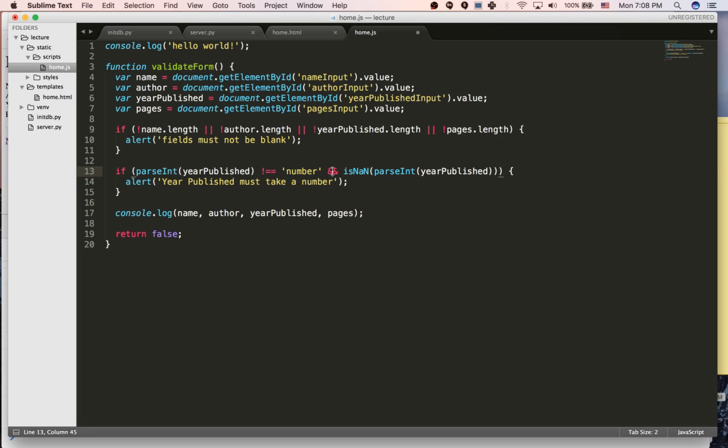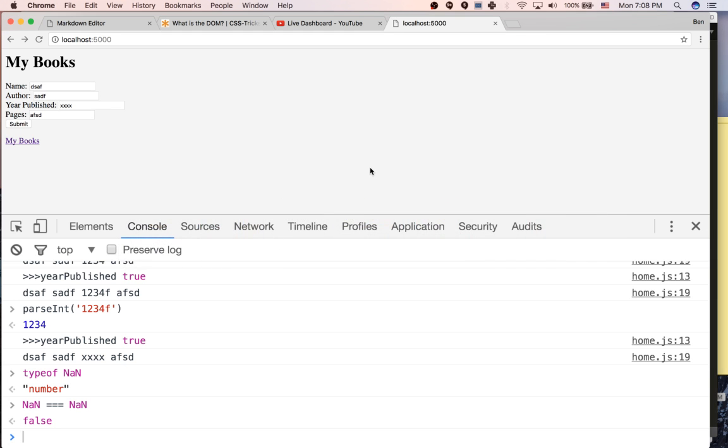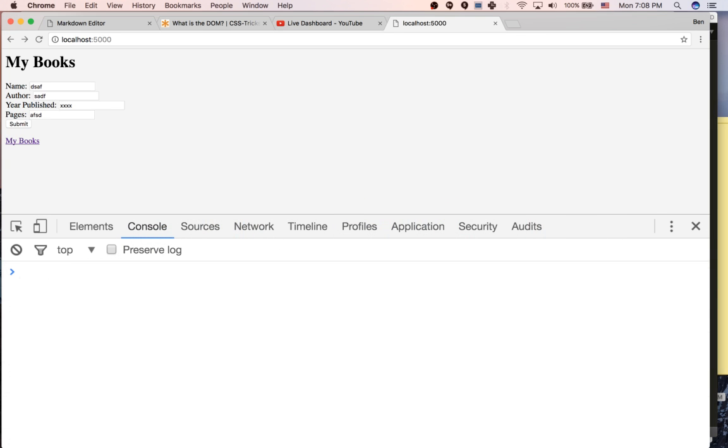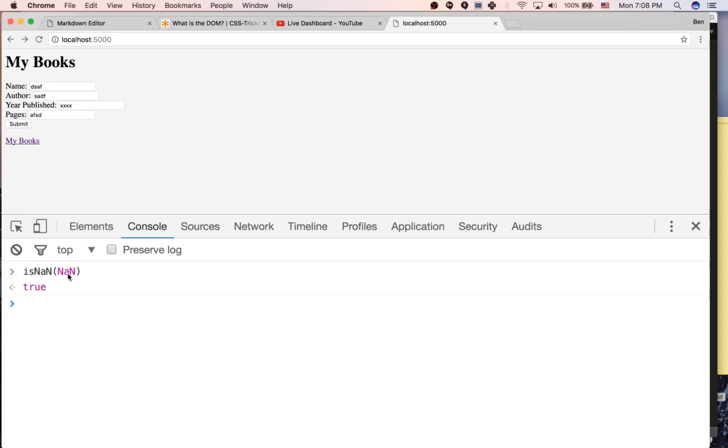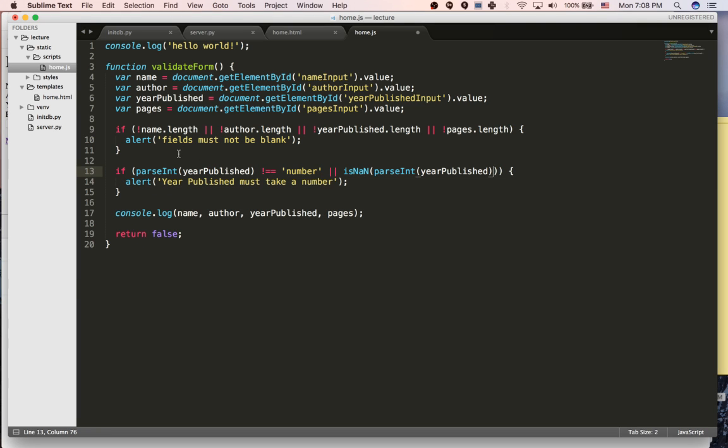Actually, you know what? I think we'll do or here. Let me make sure I got these all wrapped up. So the only way to check if something is NaN in JavaScript is you have to use this built-in function that checks to see if something is NaN. So what we'll do is we'll say if the type of the string when it's turned into an integer, if it's not equal to a number,